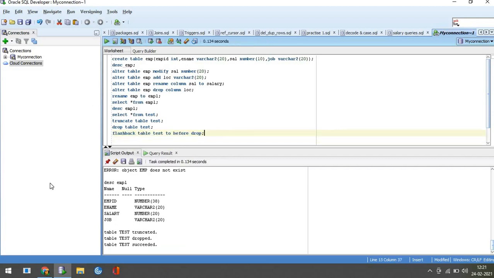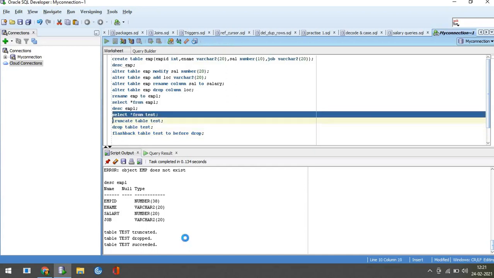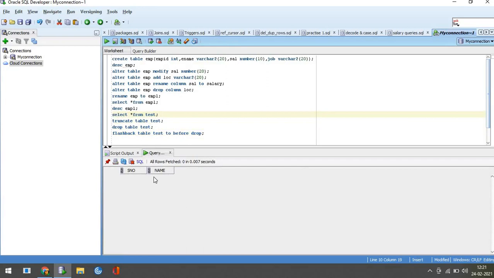So flashback table test succeeded. So it is restored again into the database. If you run this query again, it shows there are no rows, but the structure of the table got restored into the database. Like this, we can restore any dropped table from the recycle bin to the database.